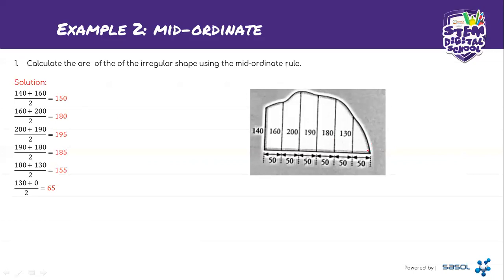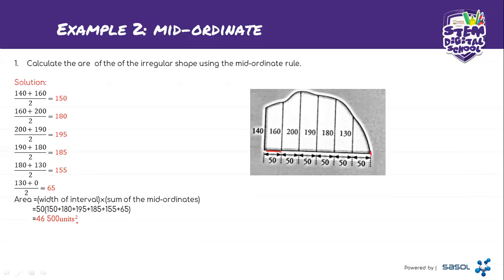You can see the last ordinate there is 0, so it's very important that we also include it. And then from there, you write the formula. Now, what is the width of interval? You can see from this picture it is 50, the space between the ordinates. Then you substitute 50 and add all the mid-ordinates. Then our area is going to be